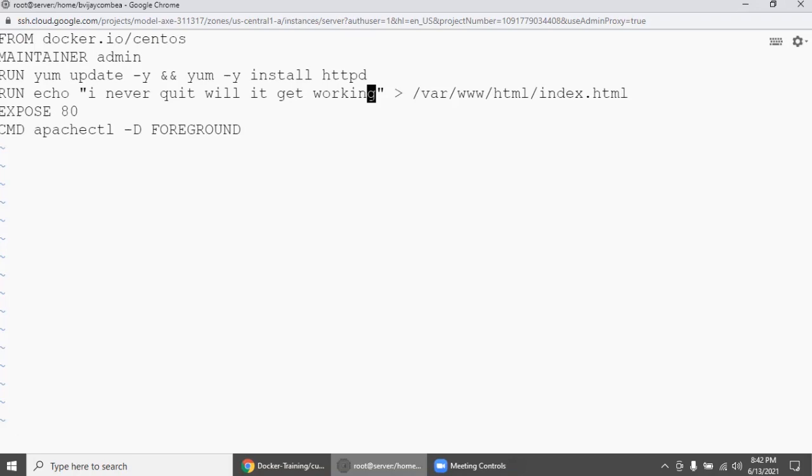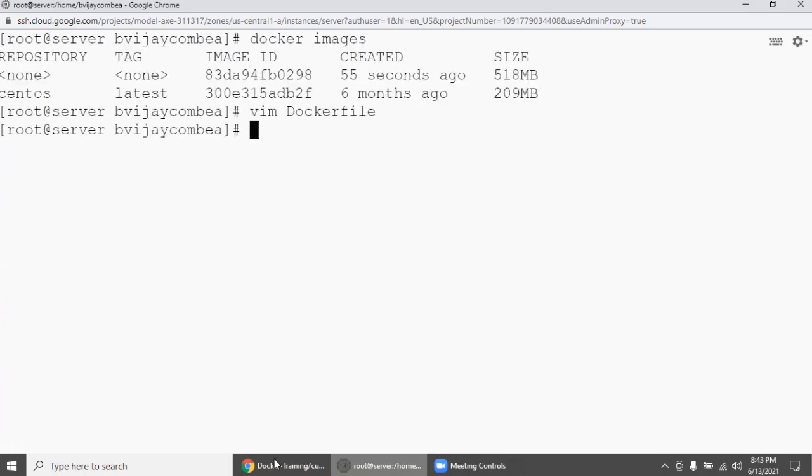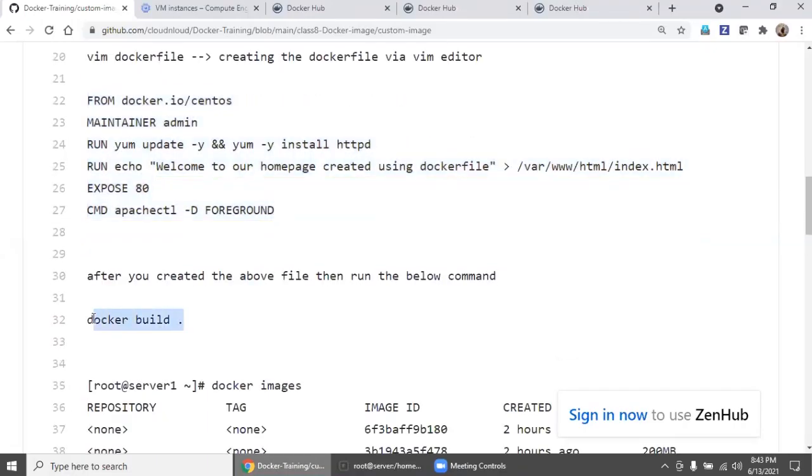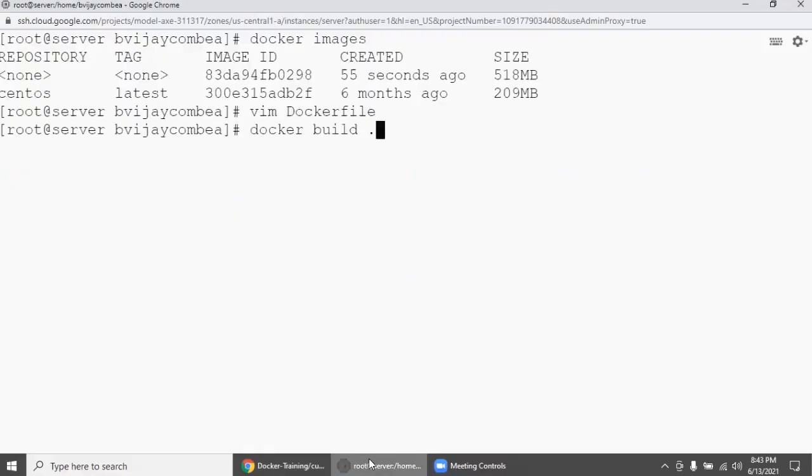Okay, so now this also, CentOS is getting downloaded. I'm adding the description and the yum update, and I'm installing the web server, and we are putting some message in the root web server index.html file, exposing port 80, and the bootstrap command, the boot parameter, services start also we are adding. So we will save and come out. We will execute now also without tagging. Enter.